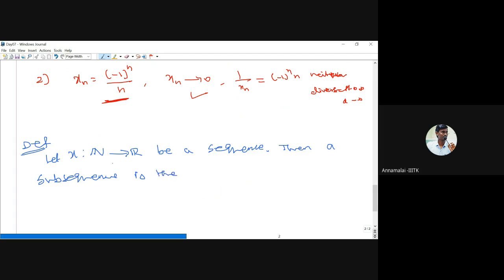Restriction means you have to reduce the domain to some subset. A is a subset of the natural numbers. Now, if you take the domain to be this A, then such a function is called a subsequence. If you take the natural numbers, that is a sequence. If you take any proper subset of the natural numbers, then the function from A to R is a subsequence. Suppose A is the set of all even numbers, that is one subsequence. You are taking all even positions. So the subsequence is the restriction function,